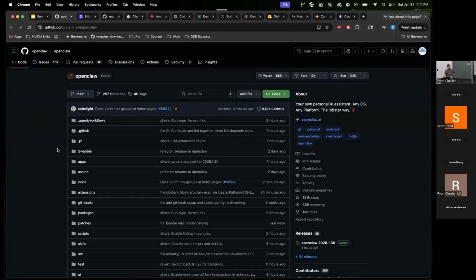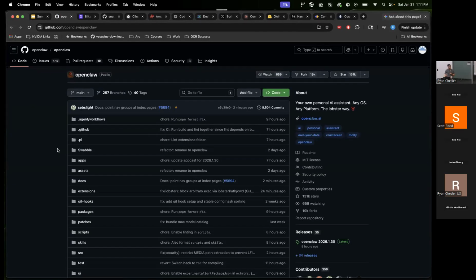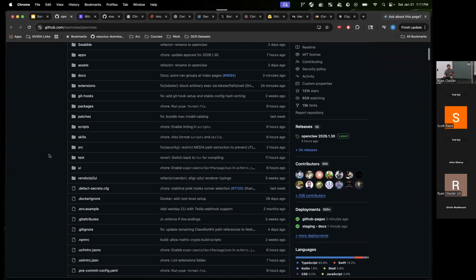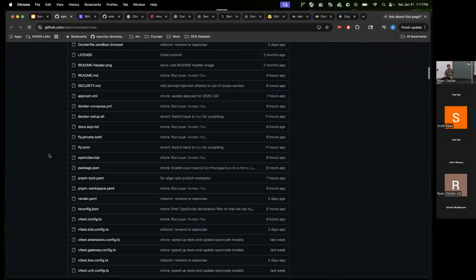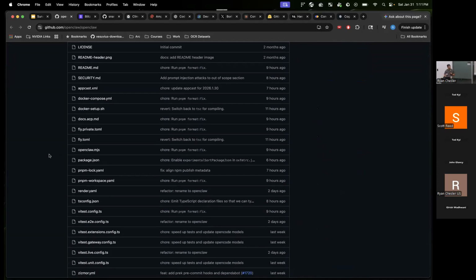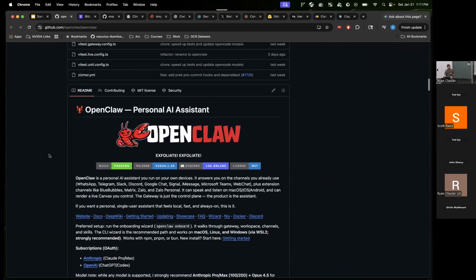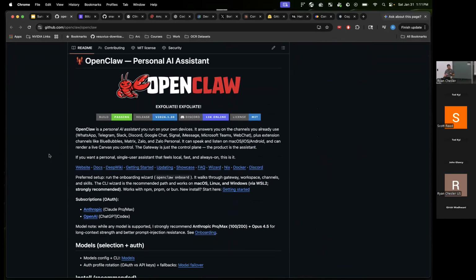So it was called Claude, then it was called Molt. Now it's called OpenClaw. So there's this tool that just came out that everyone's really excited about. It's basically just trying to give it total control of everything. You give it access to the computer, and then you just say you have full access. You can open the browser, you can go to YouTube, you can send text messages,